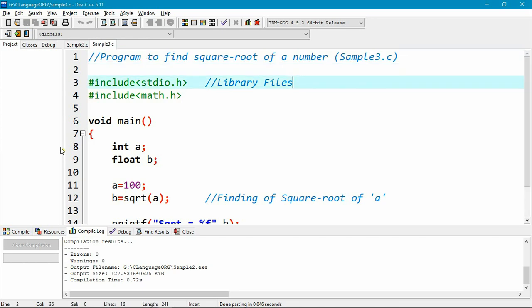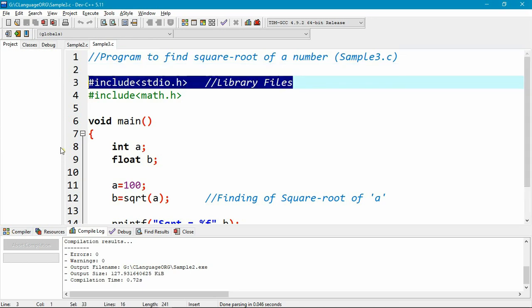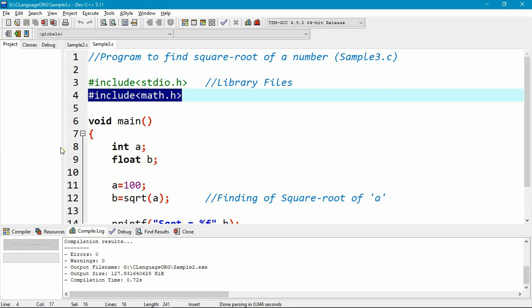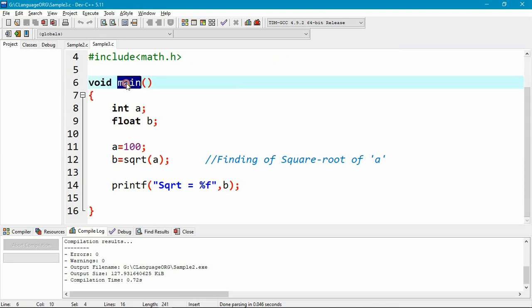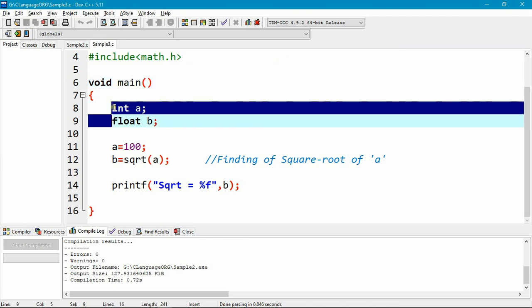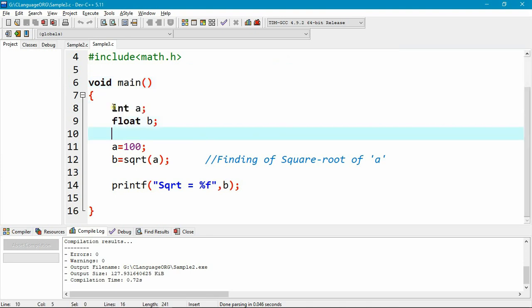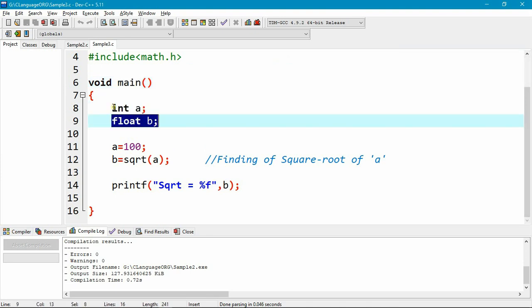Next, I am taking two header files: one, stdio.h, two, math.h. Then program execution starts with the main function. In the main function I am taking two variables, integer a and float b.